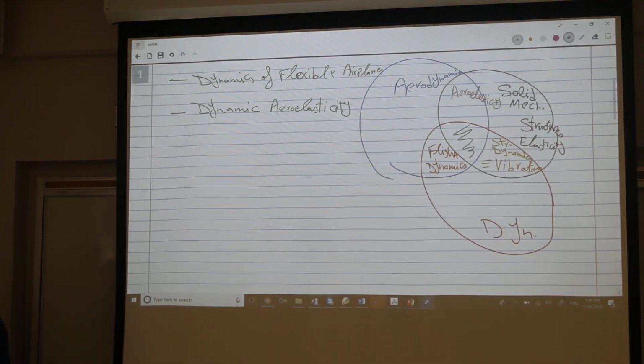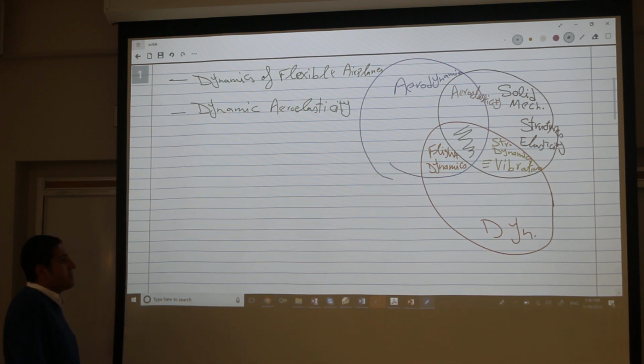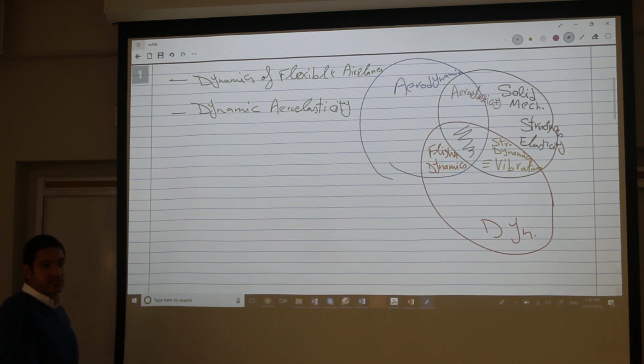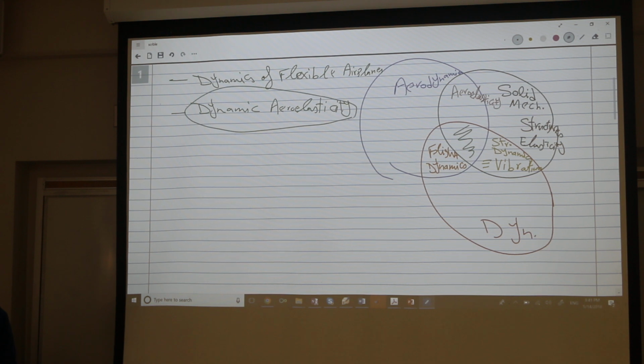Some of these phenomena belong to static aeroelasticity. They're just static phenomena. But others are dynamic in the sense that there is motion. So under dynamic aeroelasticity, there is the flutter phenomenon,